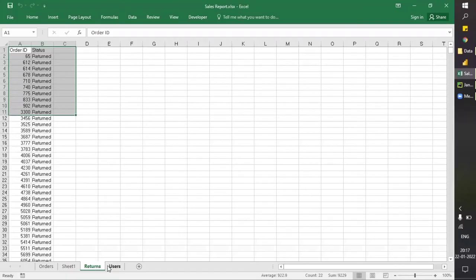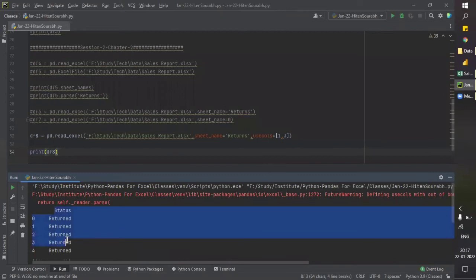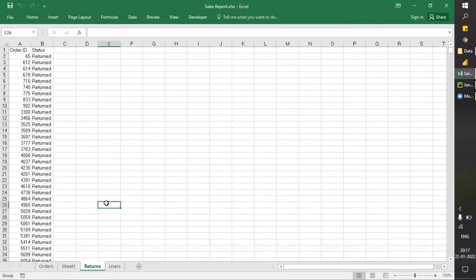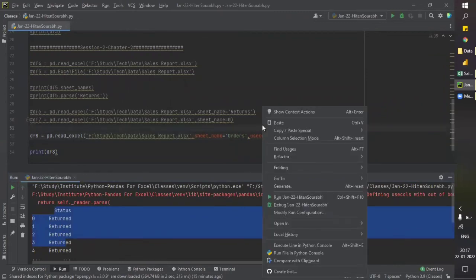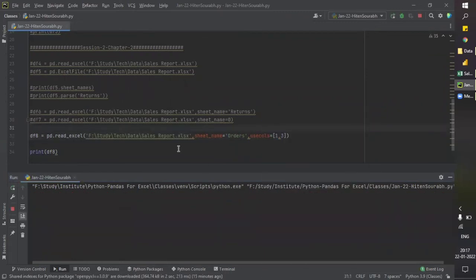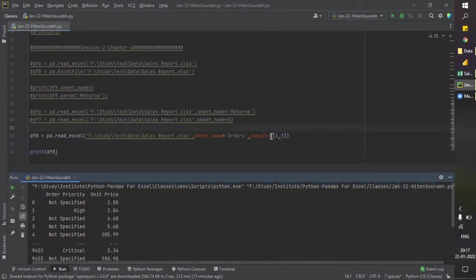Return. Let's take users orders tab. That's why there is no third. That's why it has just given me 1, and the same case is here. The number starts from 0, then 1, then 2, 3, 4, 5, and so on. So in returns order, let me run this. In this, it will pull the data of the second column and the fourth column. The number starts from 0, and we have written 1 and 3.